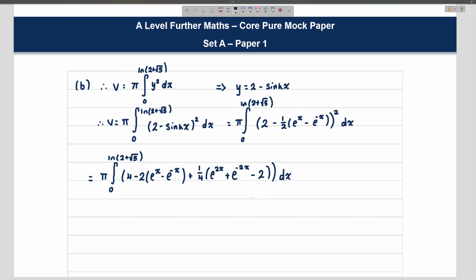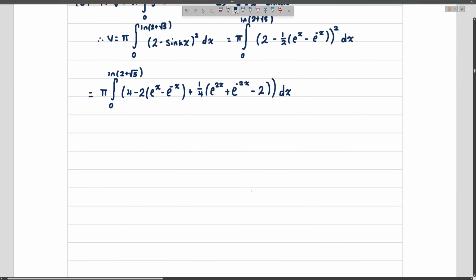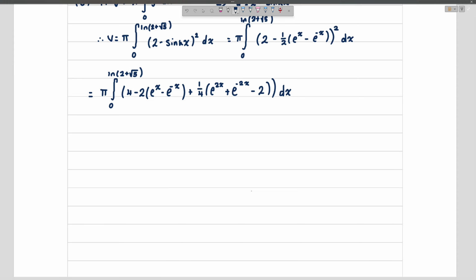Okay. And all I need to do now is go term by term, integrating with respect to x. Again, I won't go into a massive amount of detail as to how you should evaluate this integral. I'm hoping this is pretty straightforward, right? We're basically just integrating exponential functions. So again, this is just basic A-level maths integration. But what you should get here then